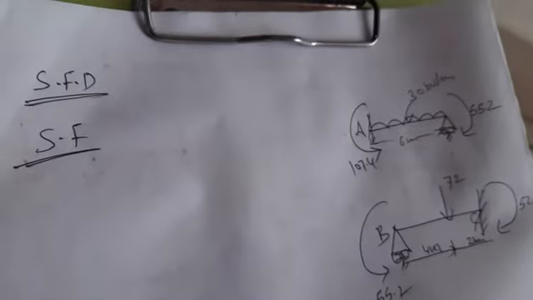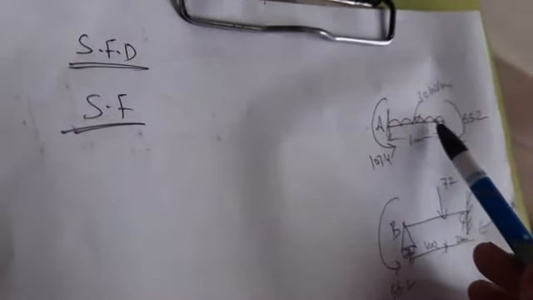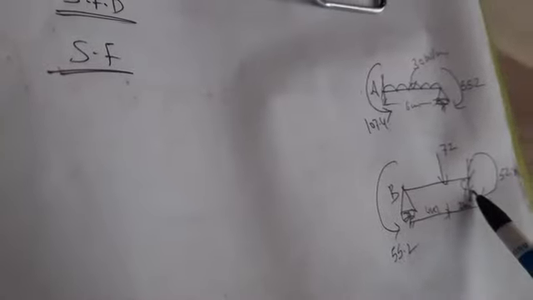Now we'll observe how to calculate the reactions. First I separately drew the two beams. For AB, I drew the same AB and its moments here. Beam AB has a span length of 6 meters and carries a UDL of 30 kN/m, and the two moments are the starting moment MA value of 107 and the MB value of 55.2. Similarly for the other beam BC, B is a roller and C is the fixed end, carrying a point load of 72 at a distance of 2 meters from point C.